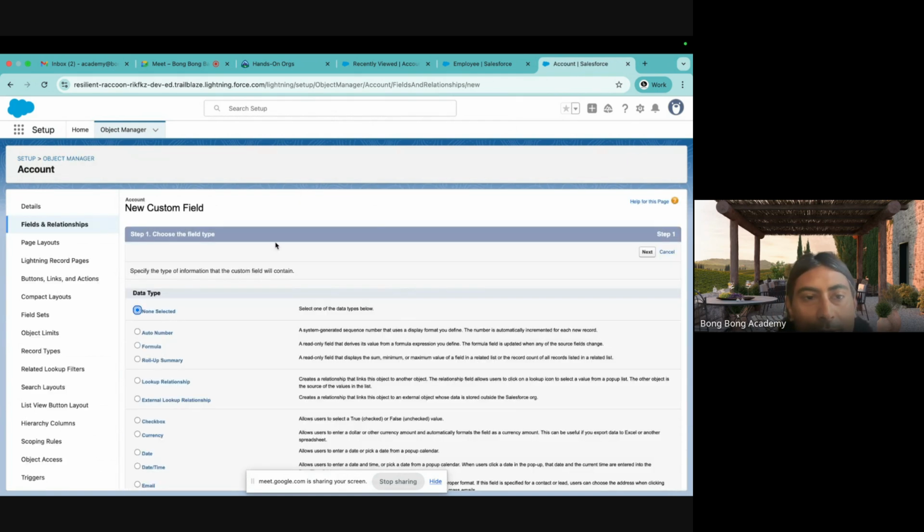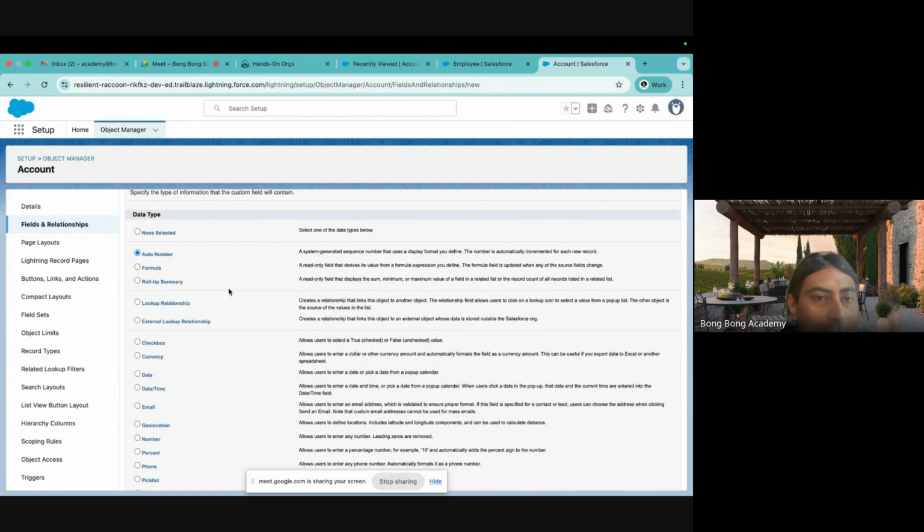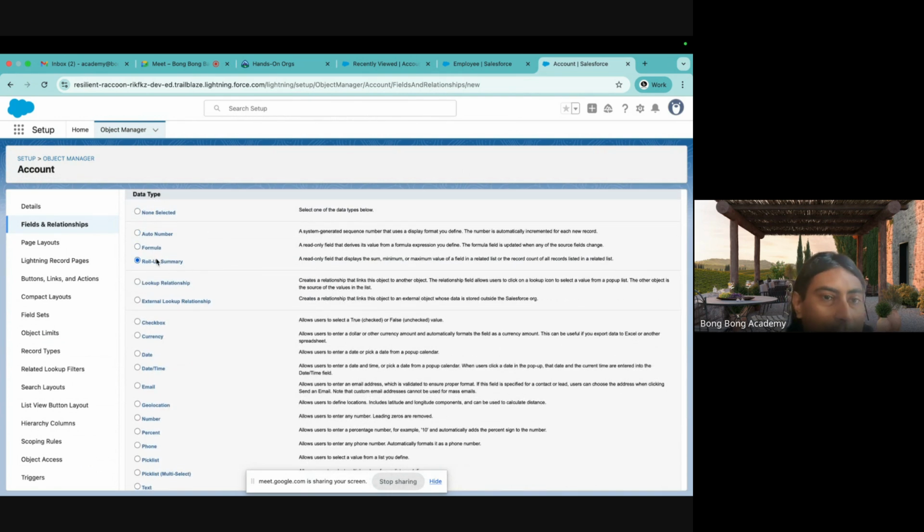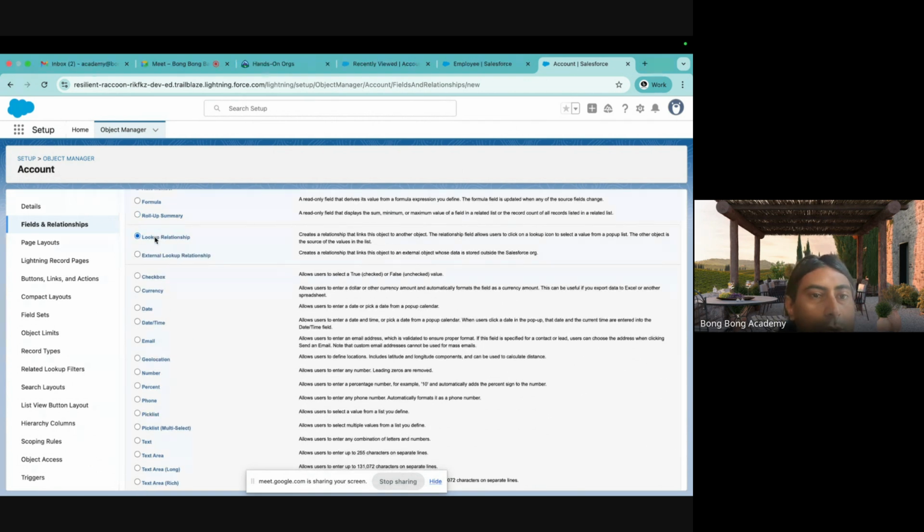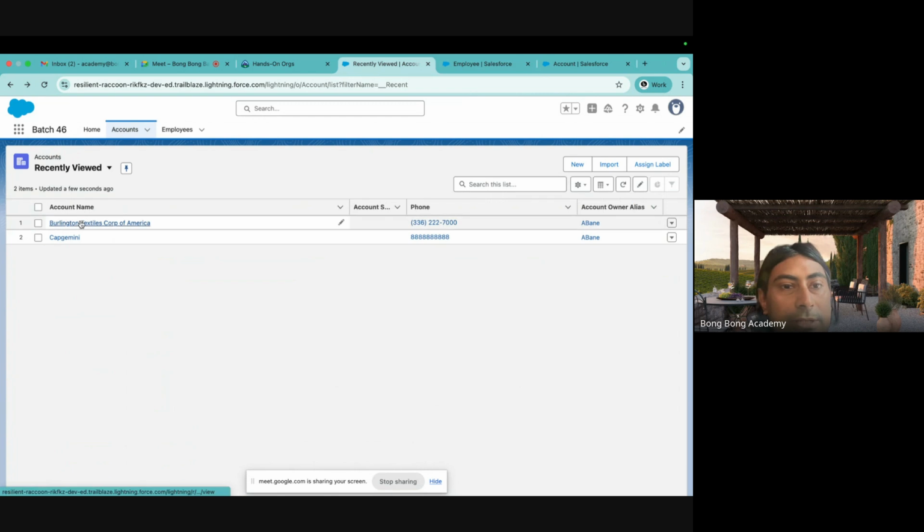You know it all about. You know how auto number works. You know how formula field works. You know how roll up summary works. You know lookup relationships, that is storing Salesforce ID. In a lookup relationship or master detail, you will see the name data, and it is hyperlinkable, right? So whenever we see this,